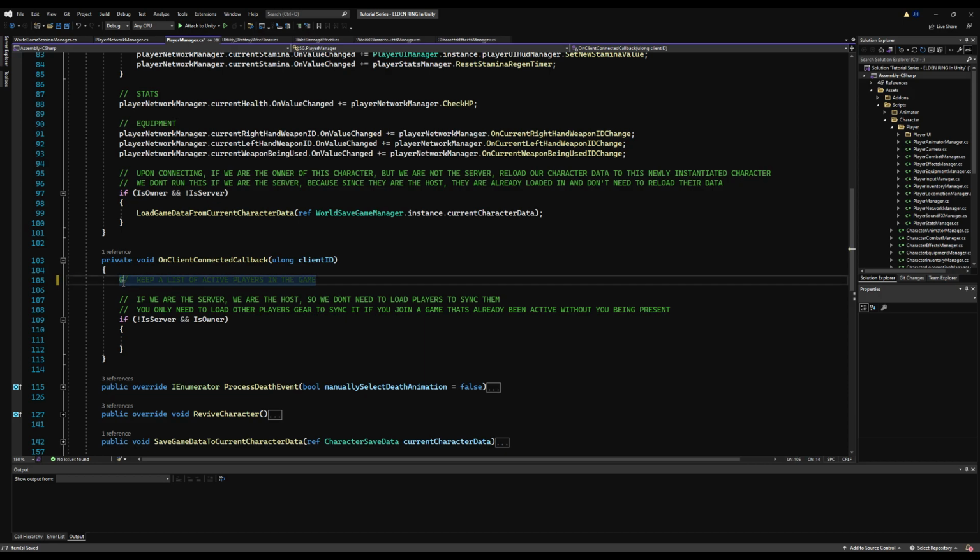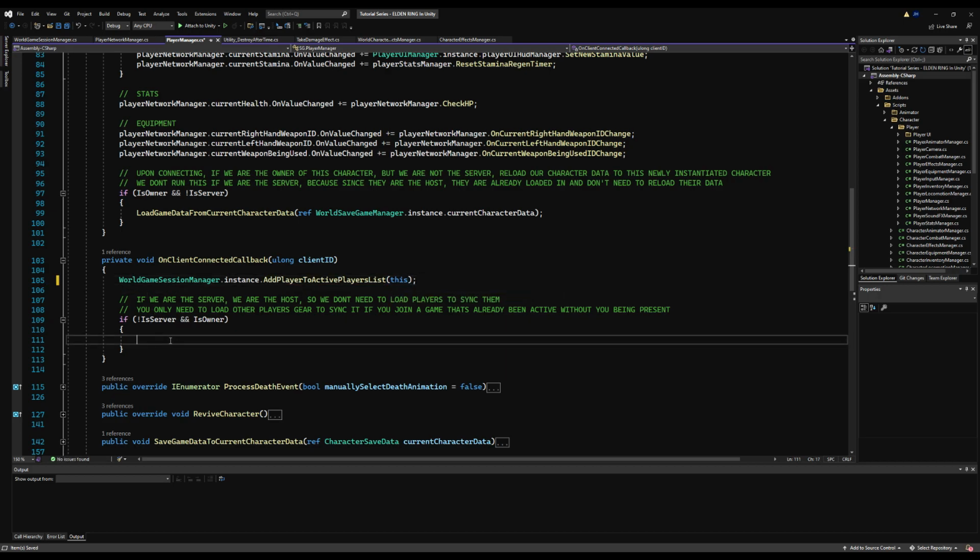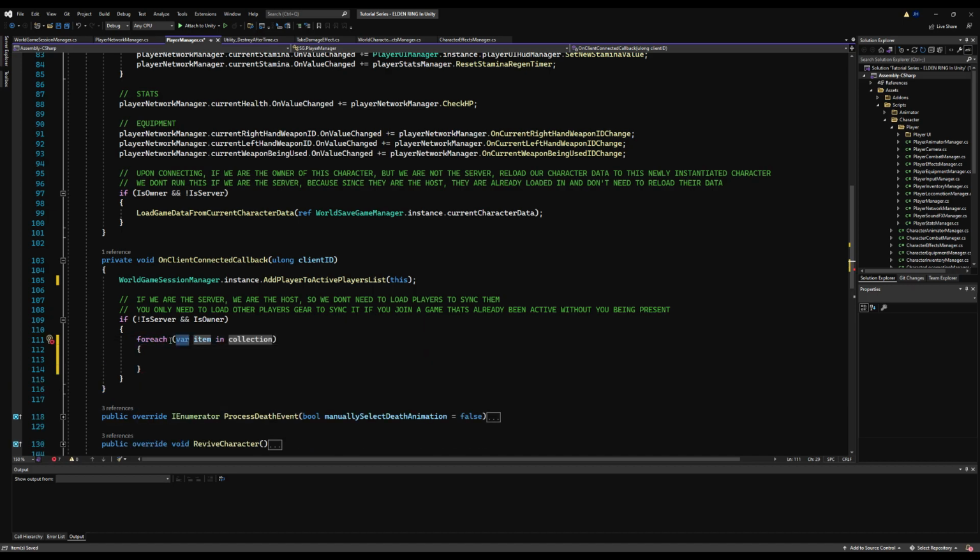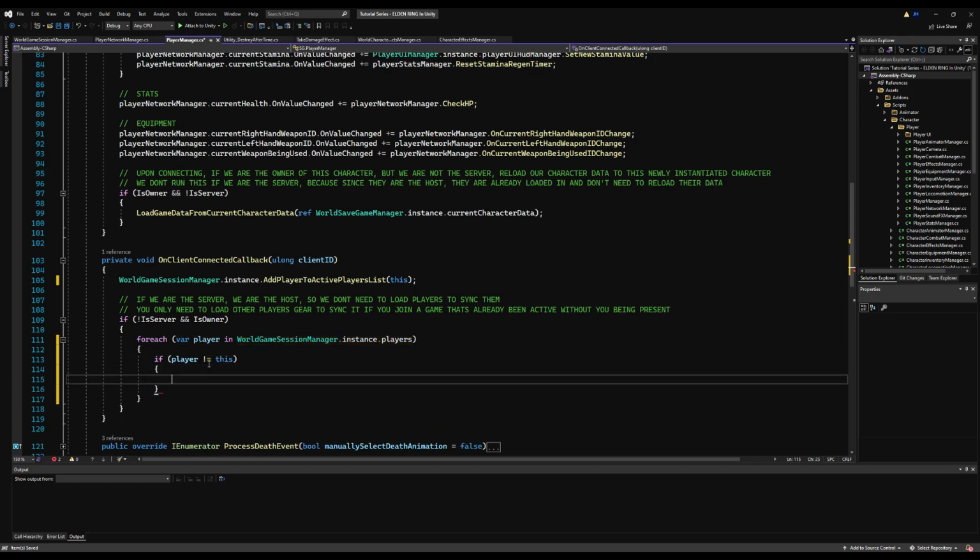So keep a list of active players in the game session manager dot instance dot add players to the game, and then we add this player here. So we just say this. Okay, so down here in is server and if is owner, we're just going to say for each player inside the active players list, so it's just players under world game session manager, we want to check first if this player is not us because we don't need to load our own equipment. It's already loaded. So if the player in this list is not us, then we're just going to say